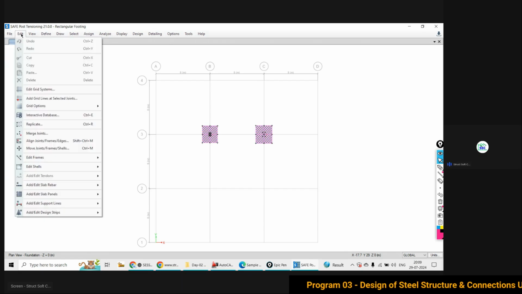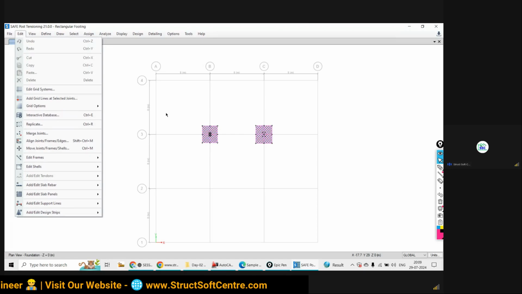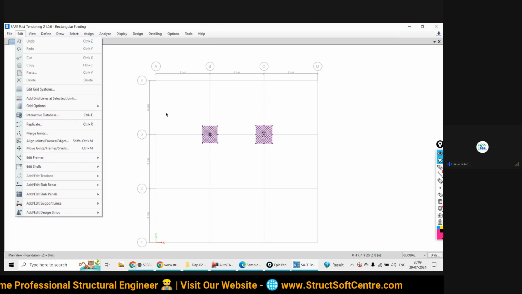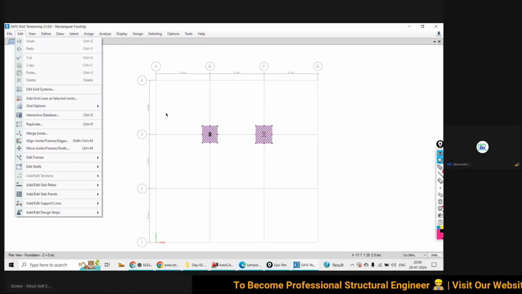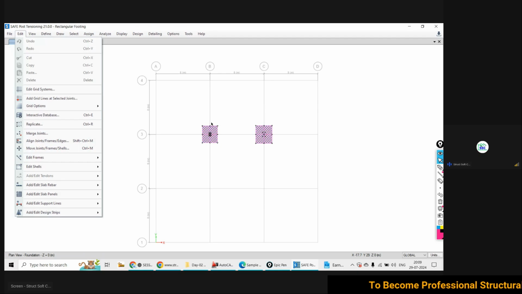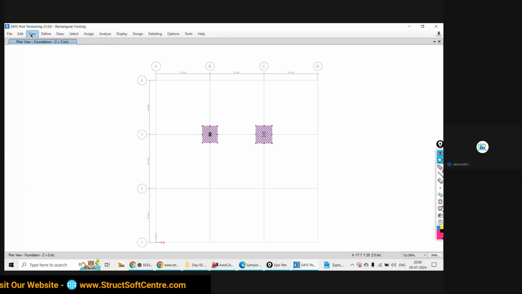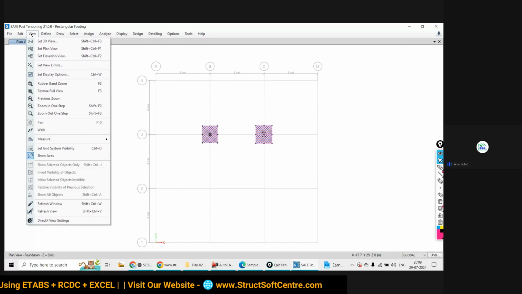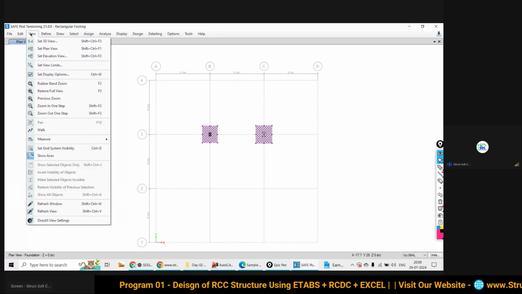Okay, then there is an option as editing. If you want to do any editing for your existing model, any correction in your existing model, changing the size of the footing, changing the line elements, changing the grid definition, changing the level definition. If you want to move anything, replace anything, take a mirror, whatever you would like to do, you can do with the edit option. If you want to set the view, what things should be in view and what should not be in view, you can do that with the view section.